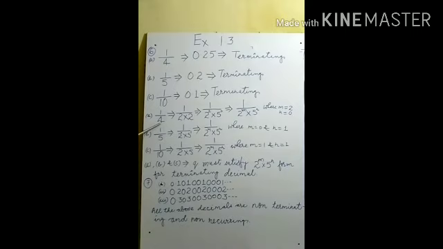What is the denominator here? It is 4. If you find the prime factorization of 4, it will be 2 into 2. The numerator will not be factorized, only the denominator. We have to satisfy the property of the denominator. That's why the numerator will be as it is. We have to find the prime factorization of the denominator.